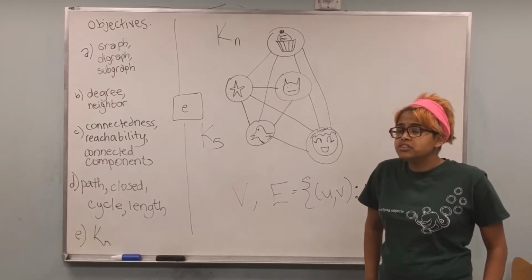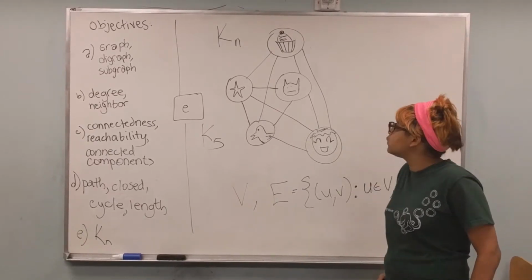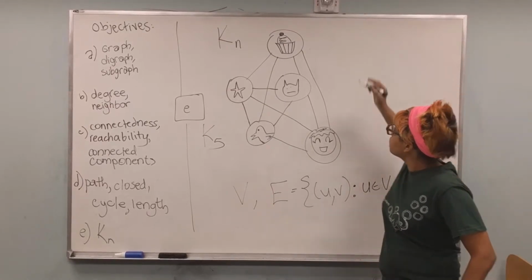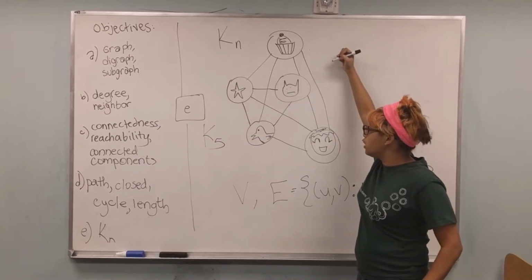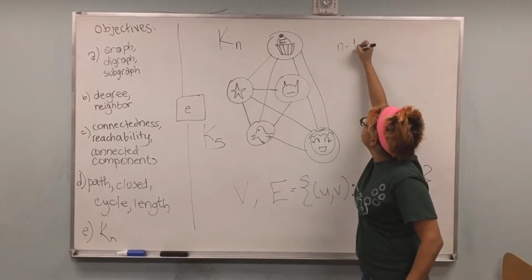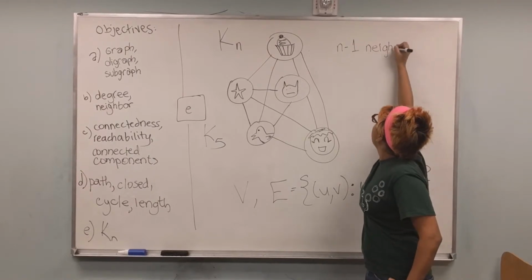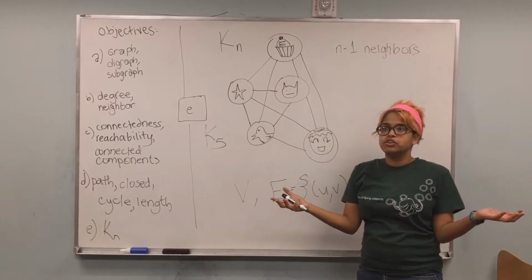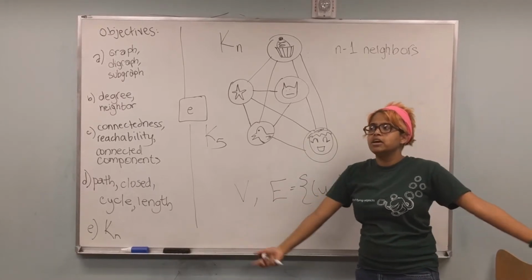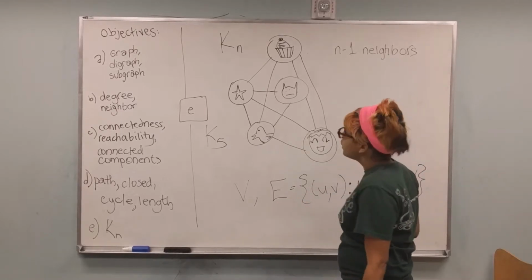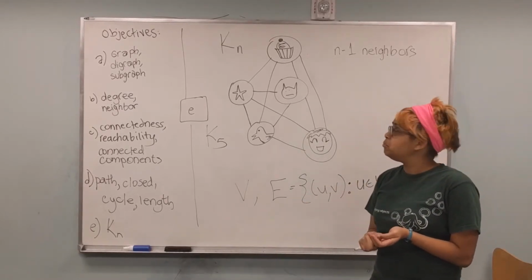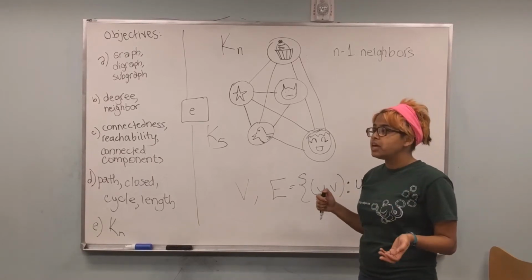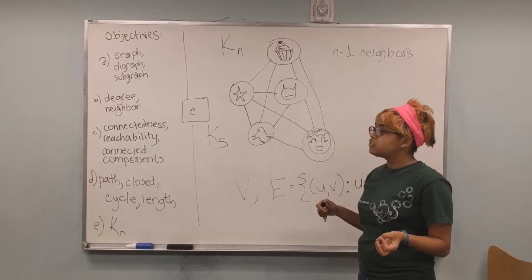So certain things that you'll notice about a complete graph is if you look at the number of neighbors for each vertex, in this case we all have 4 neighbors because the number of neighbors that everyone is going to have is going to be just the number of vertices minus 1 because we're friends with everyone else except for yourself. All right, so let's go back to learning objective B, and we talked about the degree. Well, we know everyone's degree because it's just n minus 1,